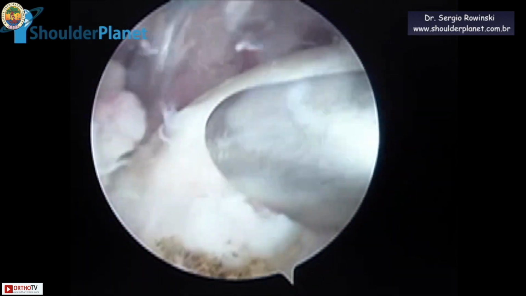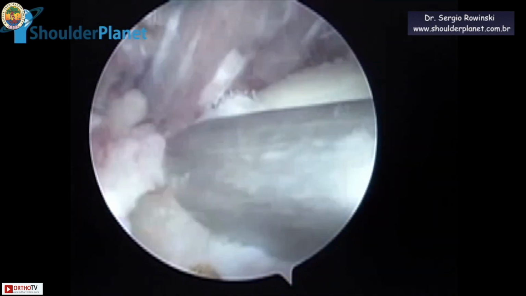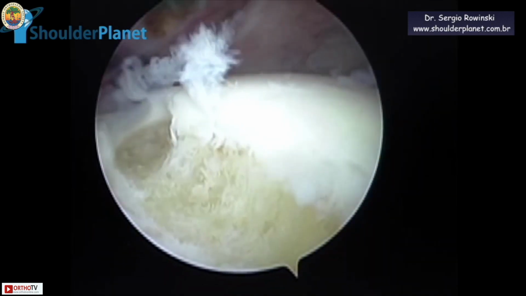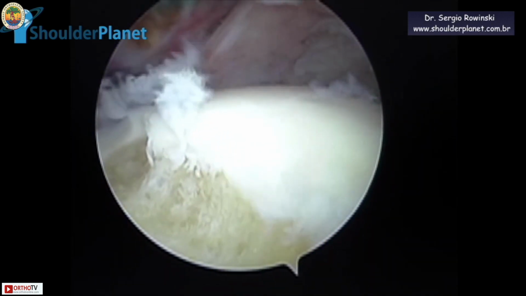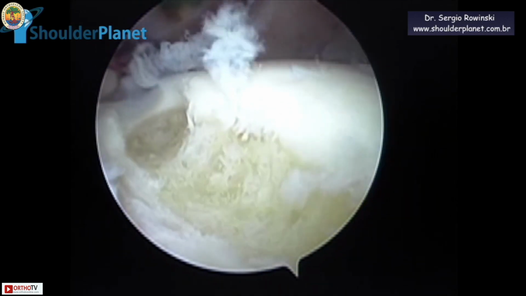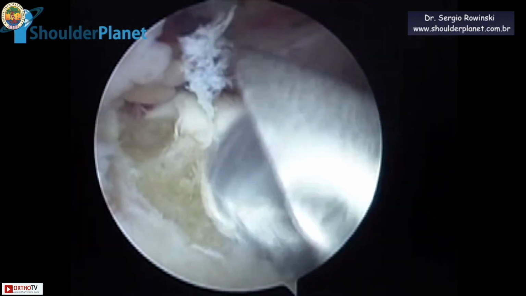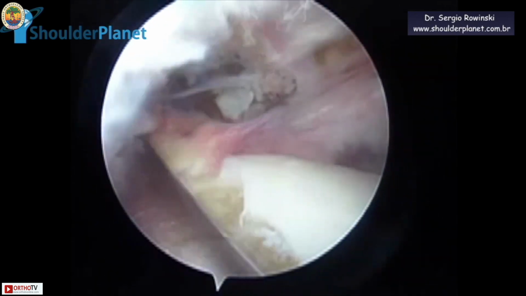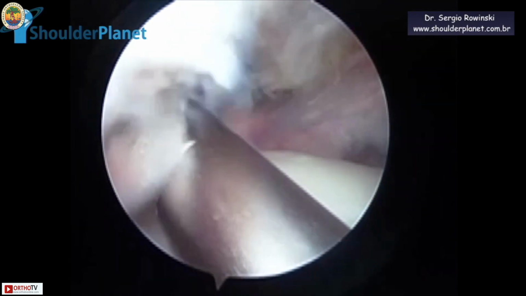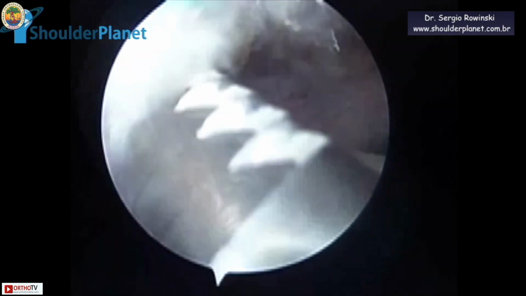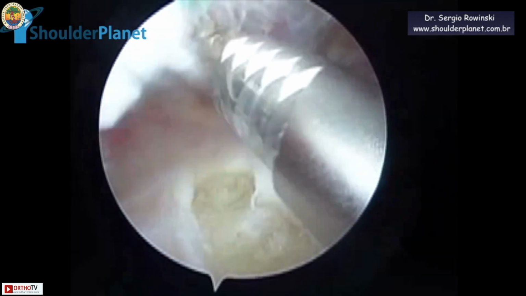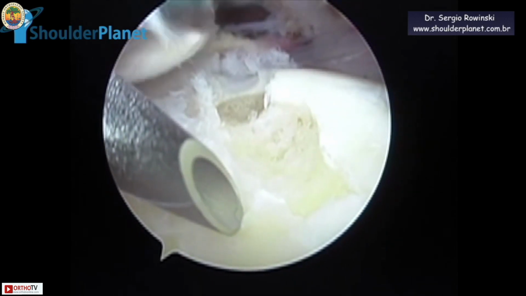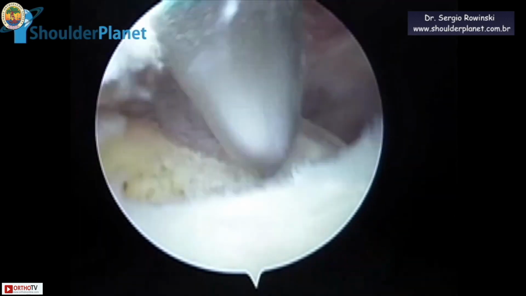So, medializing the footprint. This has to be done very gently and very softly. And now we can see that a new bony bed was created. At that moment, we entered with a soft tissue shaver through the posterior portal, just to clean the synovitis of the anterosuperolateral gutter, and then using a spinal needle, we established a good position for the